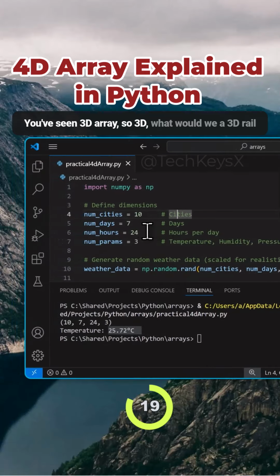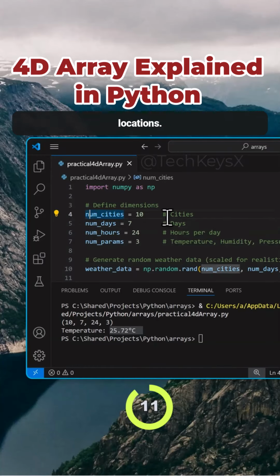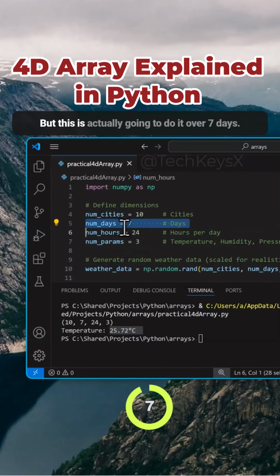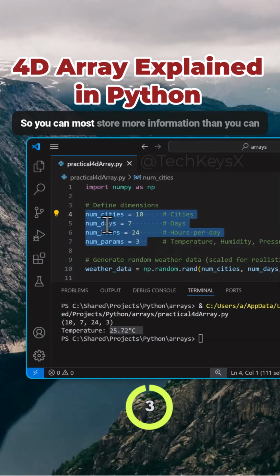You've seen a 3D array. So what would a 3D array look like? Well, a 3D array would simply be, for example, you could track different locations. So it could be 10 locations and number of hours and parameters, but you then miss out the number of days. But this is actually going to do it over 7 days. That's why this is a 4D array. So you can store more information than you can on a 3D